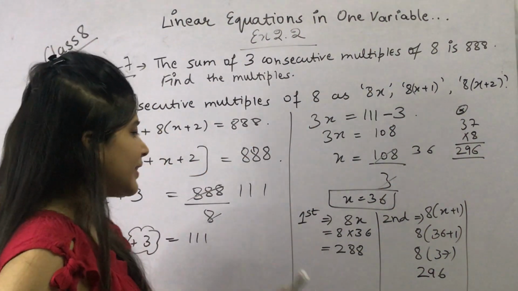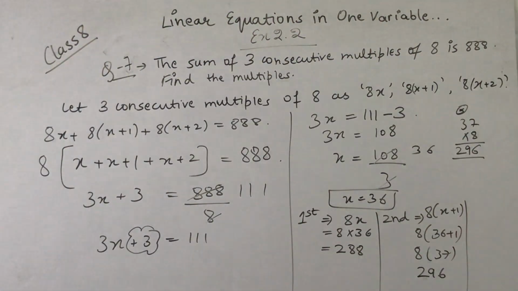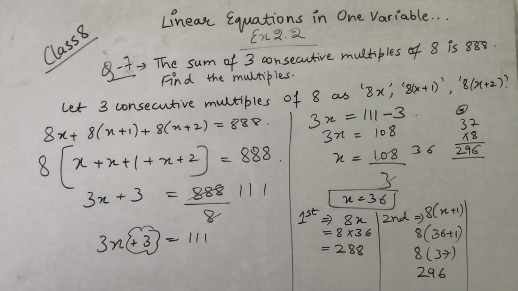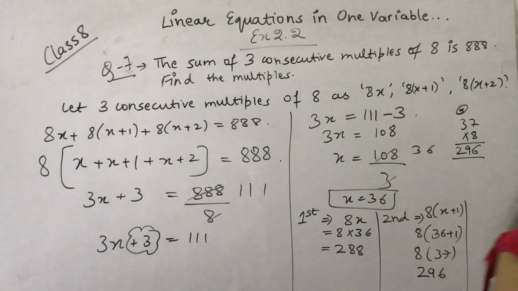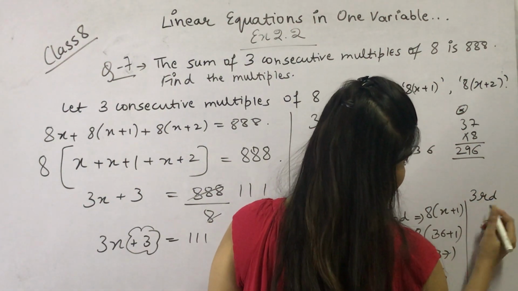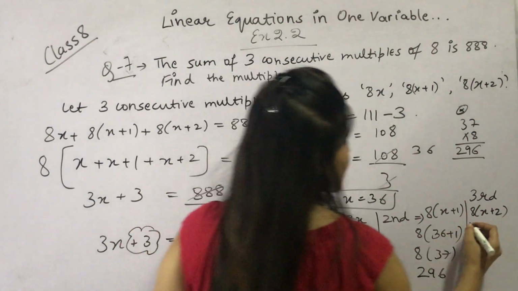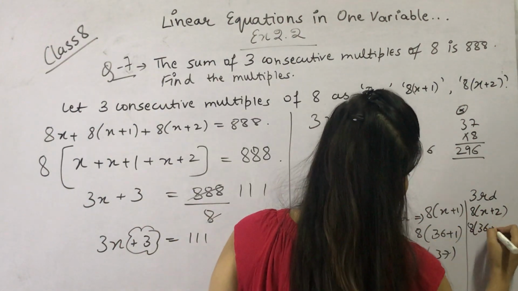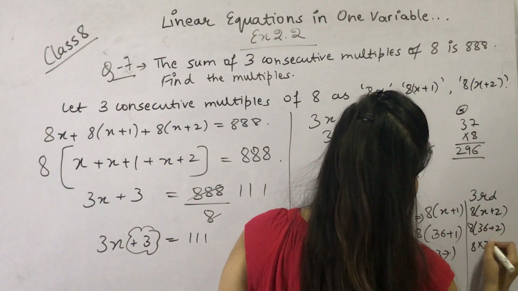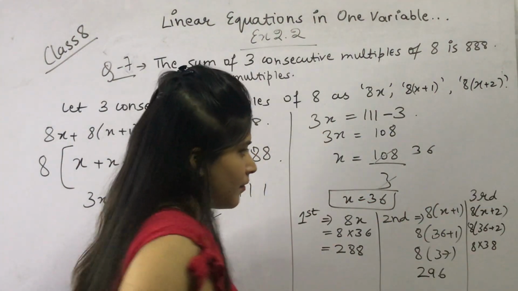Okay. Now the third multiple. So the third multiple will be 8x plus 2. Alright. So 8 into 36 plus 2. So 8 into 38. Now 8 into 38 will be